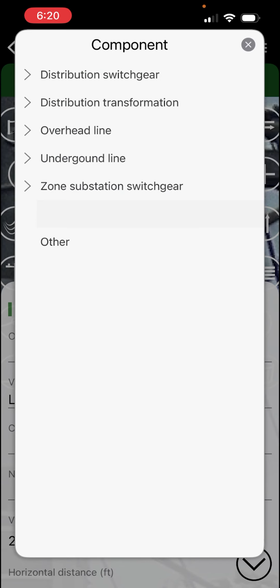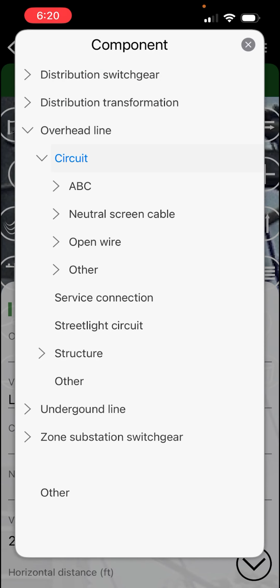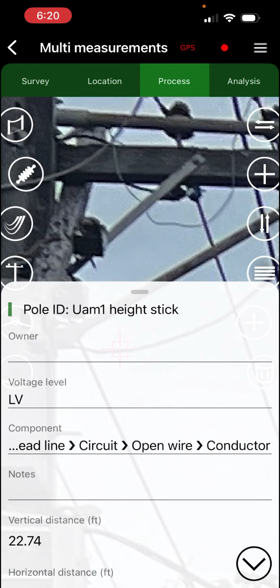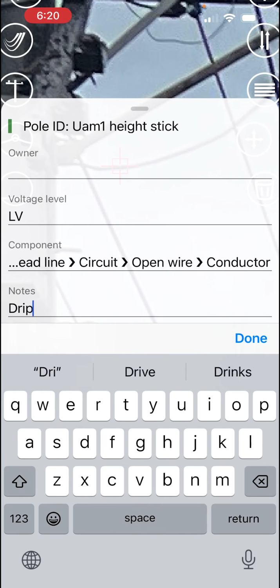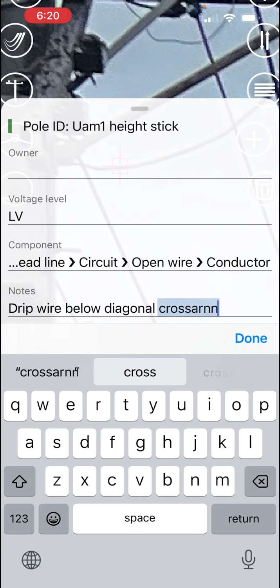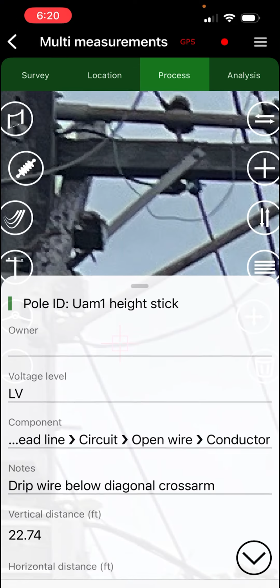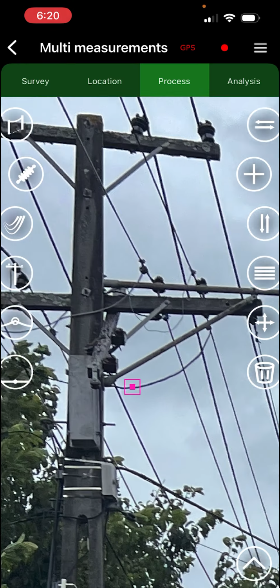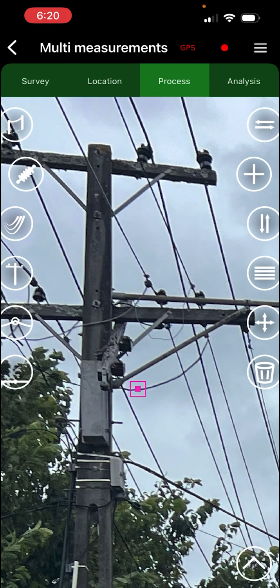and its component is overhead line circuit open wire conductor, and I'll say drip wire below diagonal crossarm. I'm going to hit plus, and I'm going to add